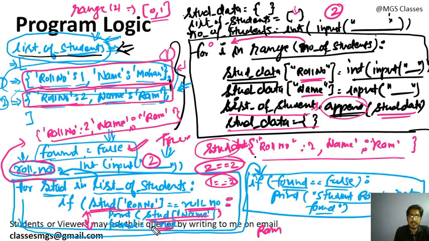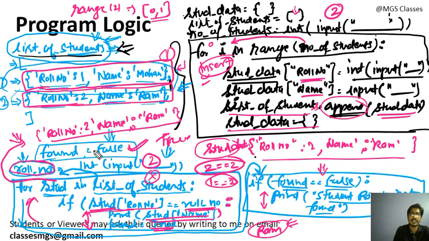Then it's okay. Now we will again iterate. This time the list doesn't have any student data, because the list has 2 student records, so it will not execute. So this loop will terminate and this condition will be executed after this loop. If found is equal to false, now this time found is not false, that means this code will not execute, and we have printed the name of the student. Like this is the logic we have to insert. This is the logic to insert into the list, and this is the logic to search into the list, and we have maintained the list of students' dictionary data.